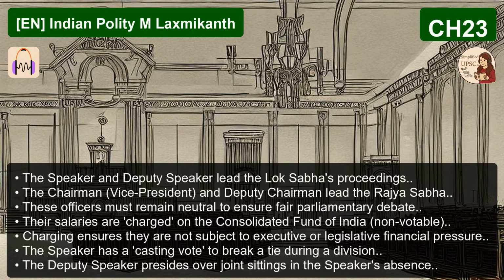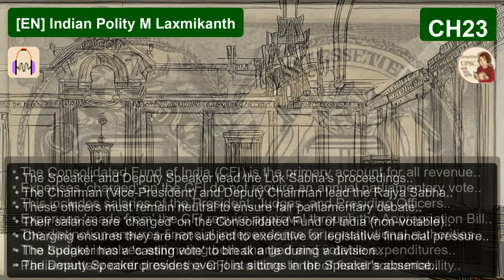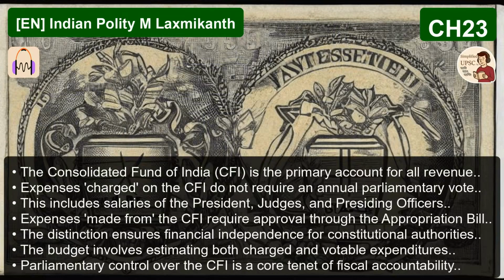Okay, what's the first one? First, if they voluntarily give up membership of the political party they were elected on. This is usually determined by their actions, not just a formal resignation letter. And the second. This is the one we hear about most. It is. The second ground is if they vote or abstain from voting in the House contrary to any direction given by their political party, that direction being the famous whip. If you defy the whip on a key vote, you can face defection proceedings.